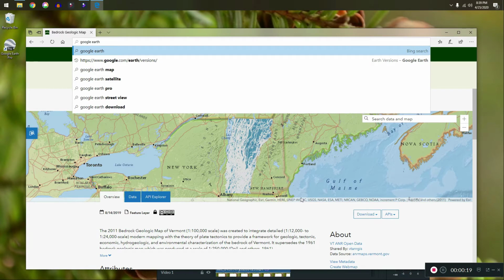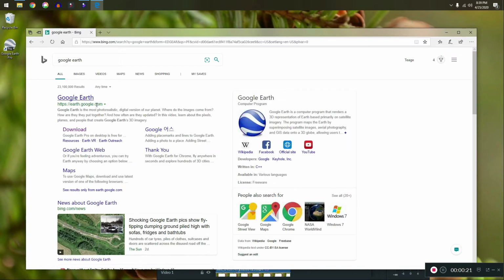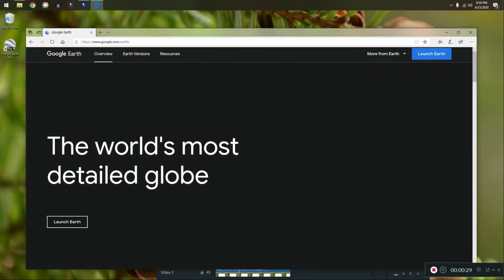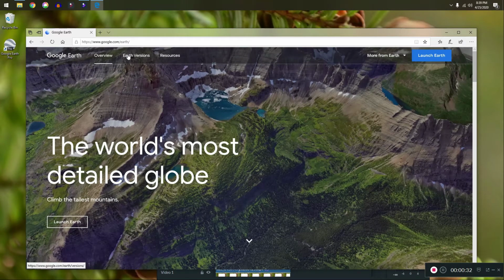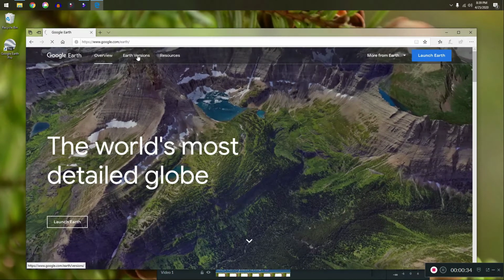So you can just do a search for Google Earth and Google Earth pops up. The first little sublink there for me is download, but it's not always the case, so I'll show you where to get that. So click on Google Earth, the website will pop up, and then Earth versions is up at the very top. And you'll click on that,